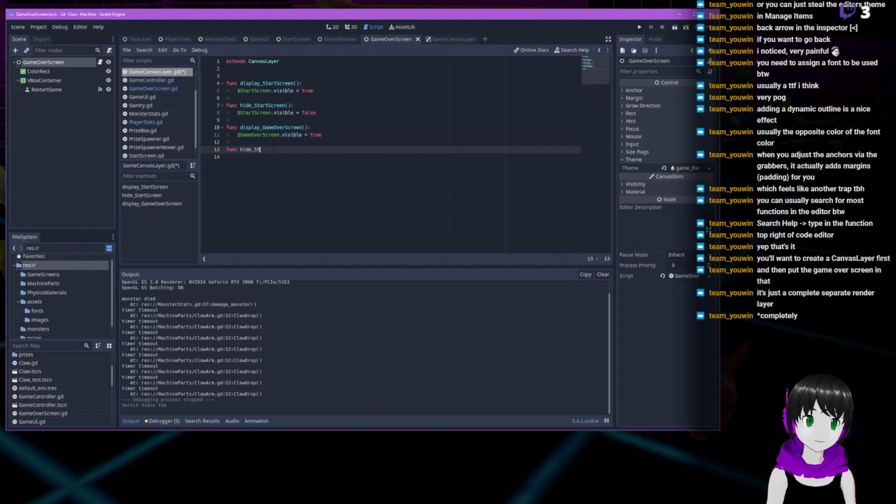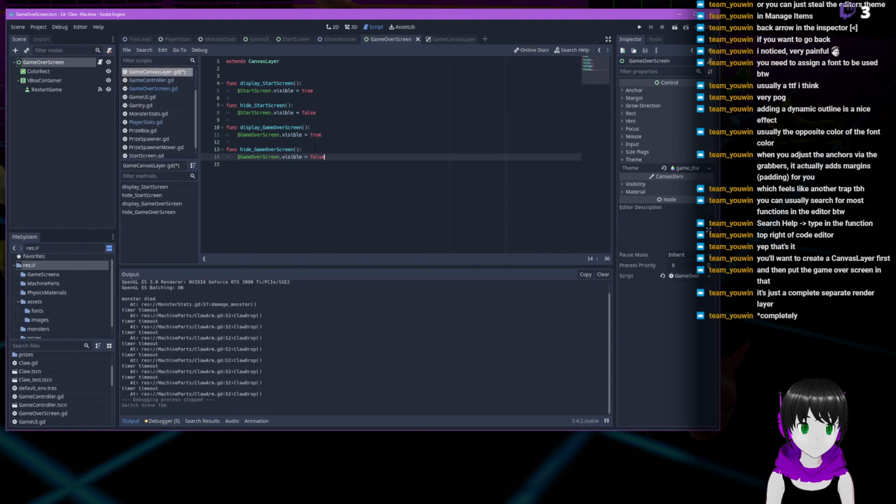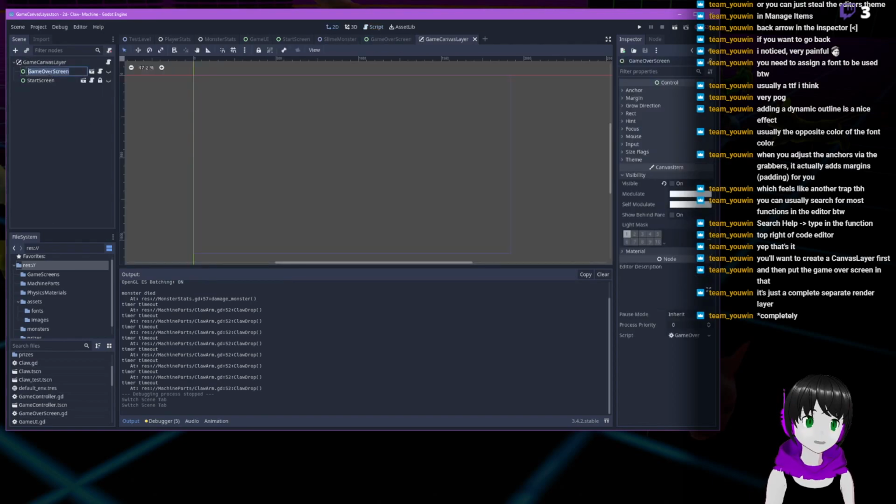Okay, no, not start screen, game over screen. Game over screen dot visible false. Now, in the game canvas layer on the game over screen,